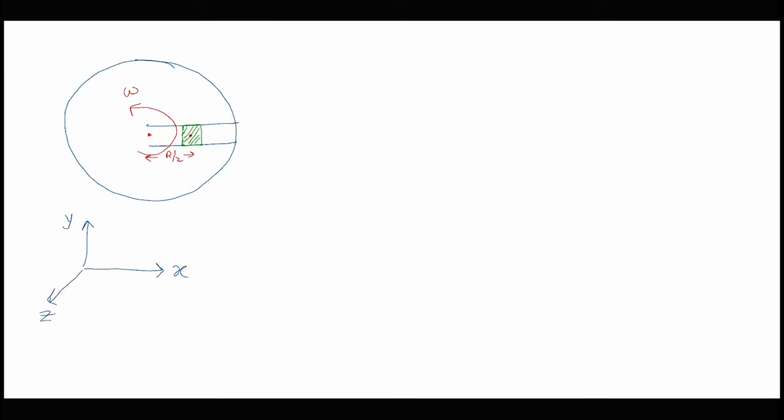If we use our right hand curl method for finding the direction of omega, which is an example of an axial vector, so if you rotate your right hand in the counterclockwise sense, in the direction of omega, your thumb will be pointing outside the screen. So I can clearly assign that the value of omega is equal to omega k cap, that is pointing in the z-axis direction, or outside the screen.